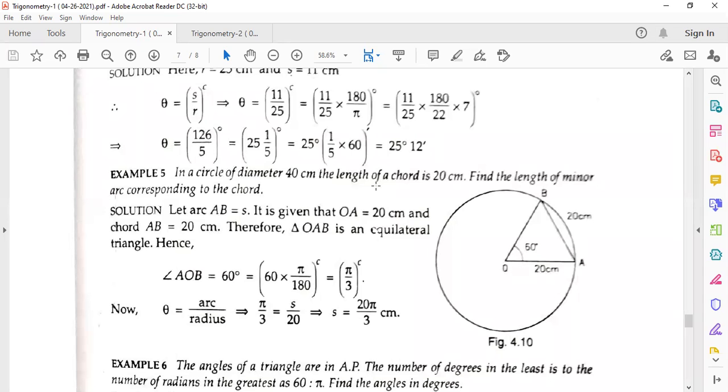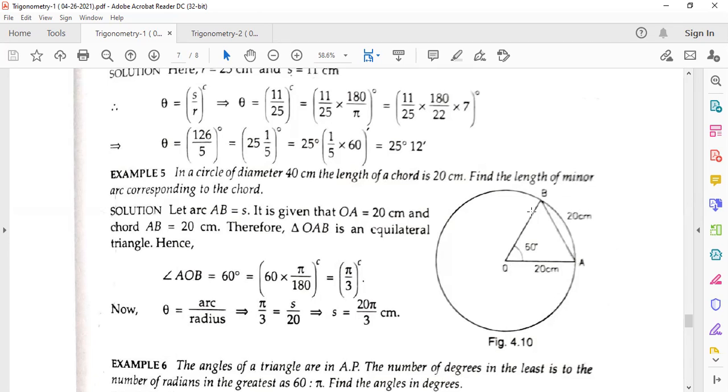So look at here, the diameter of the given circle is 40 cm. So OA is the radius, that is 20 cm. Now AB is the chord, that length also 20 cm is given. Now if we add this OB, OB also the radius of the circle, isn't it? OB also radius, OA also radius, and AB is the chord whose length is given 20 cm. As the diameter is 40 cm, so the radius is 20 cm. That is OA equal to 20 centimeter, OB equal to 20 centimeter, and AB also 20 centimeter.